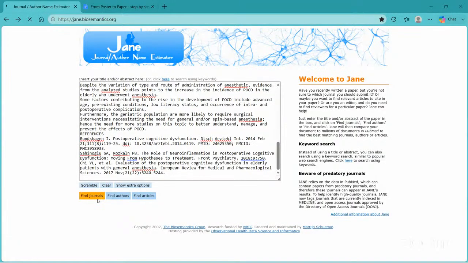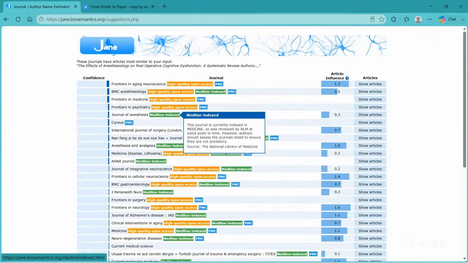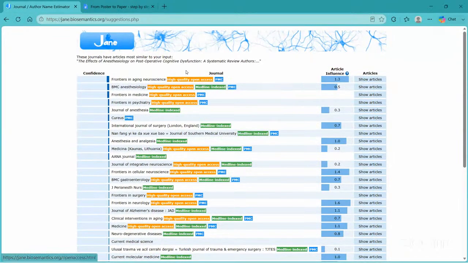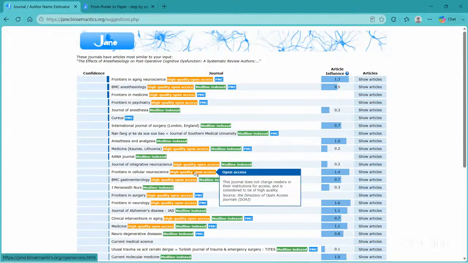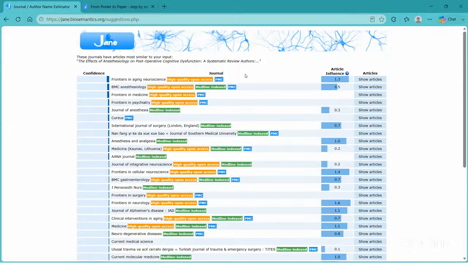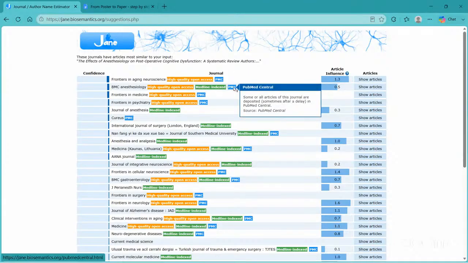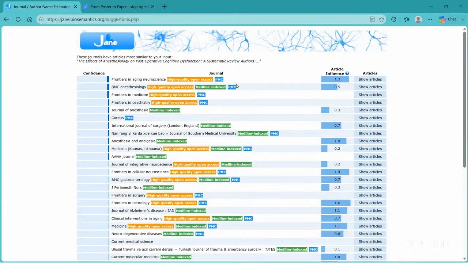If you're trying to find a journal, this is what we have, and it shows you the different journals. One thing to note is that it is based on PubMed, so it will compare your text or your document to documents that are PubMed or Medline indexed. There's a confidence bar on the side that ranks similarity scores of all the articles. So it helps you understand the level of similarity between what you have input and the articles in these journals that they suggested for you.